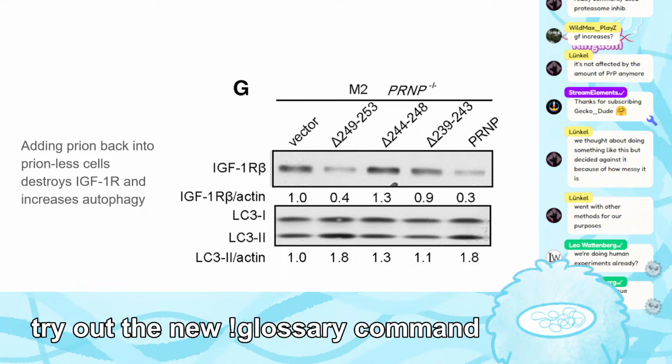So when you add prion protein back into the system, what you see is that you are able to destroy IGFR1 and increase your autophagy. Here in this first column, you have nothing added. You have a regular amount of IGFR1. Here you have a fragment of the prion protein, and you are back to destroying the